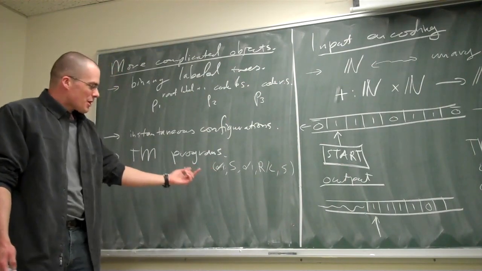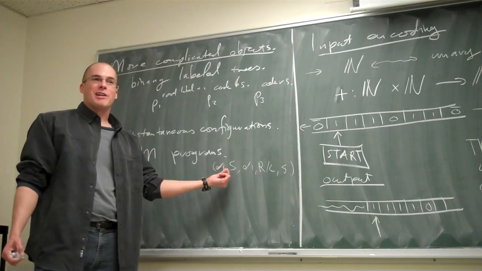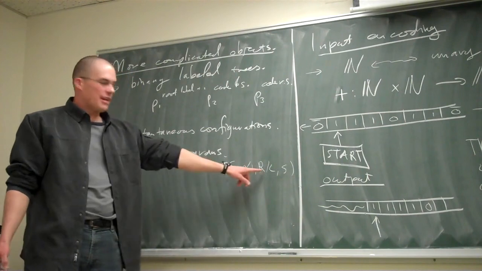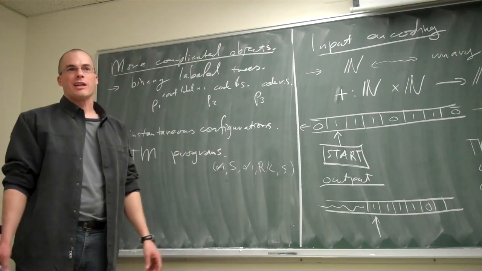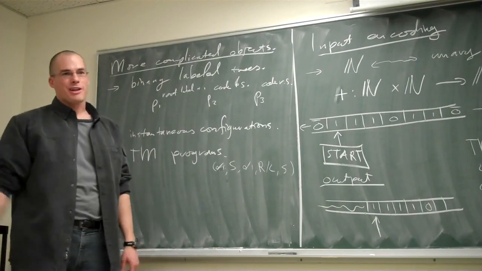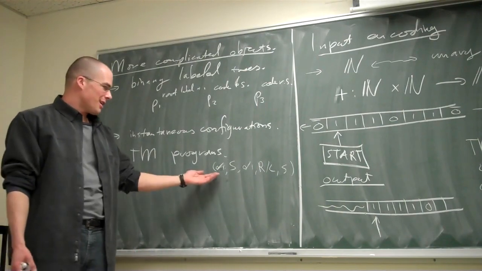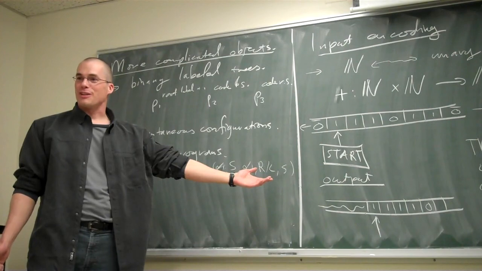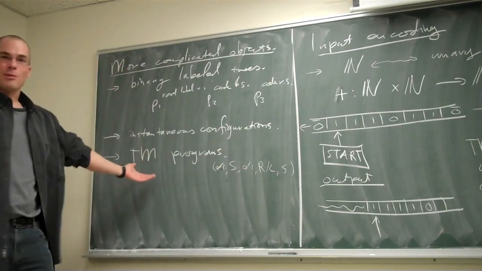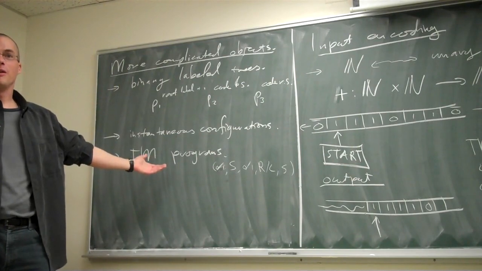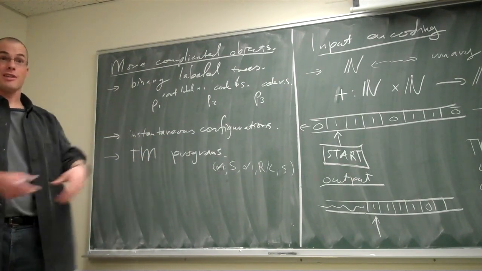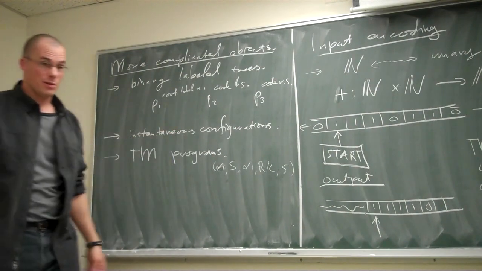Anyway, if I represent my states by natural numbers, then both of these S's are natural numbers. And right and left, I can clearly just make a choice. 0 represents right, 1 represents left, and then this is also a finite sequence of natural numbers, therefore can be represented as a natural number. Therefore, Turing machine programs can be represented as natural numbers, and therefore as inputs and outputs on the tape.